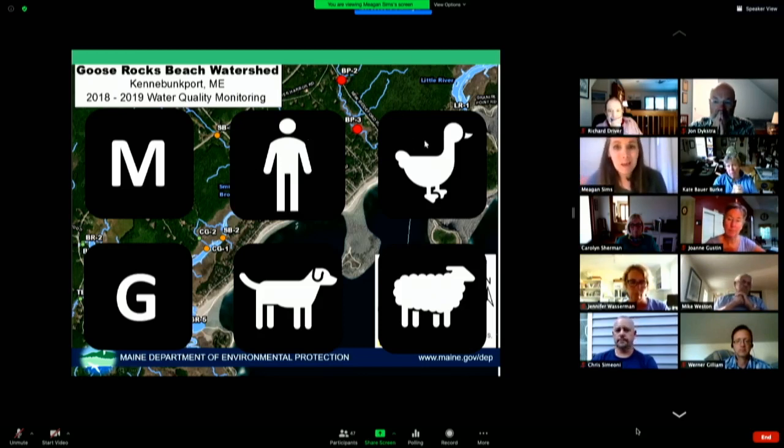This cute little guy here is representing birds. It's the best icon I could find. And I couldn't find another bird, so here's a gull. Here's your big G for a gull. The dog, of course, is canine, and this little sheep here is a ruminant. So cow, sheep, things like that. So now that you know what this means,